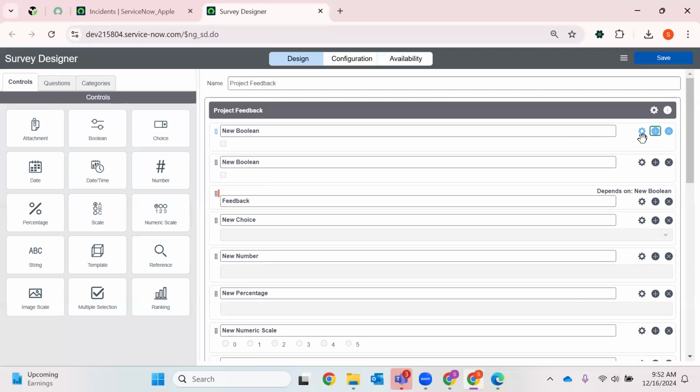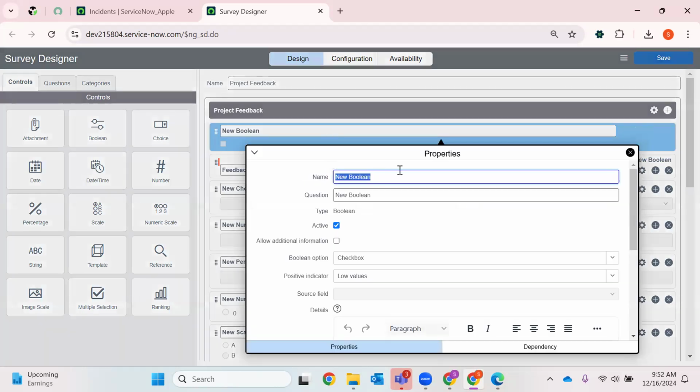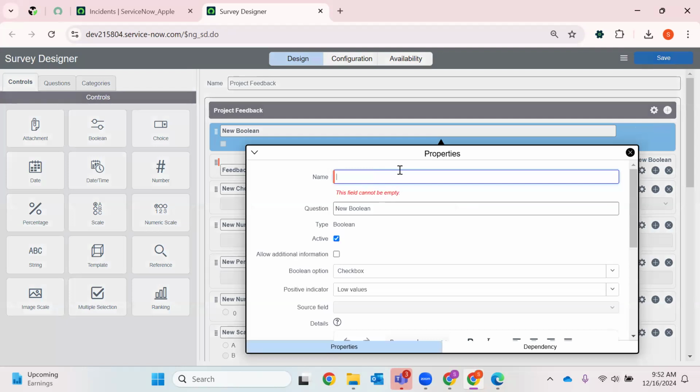So here, if you click on plus, a new one will be created. See, dependent on new field, feedback. It is clearly saying that. Again, if you want to have a question here,